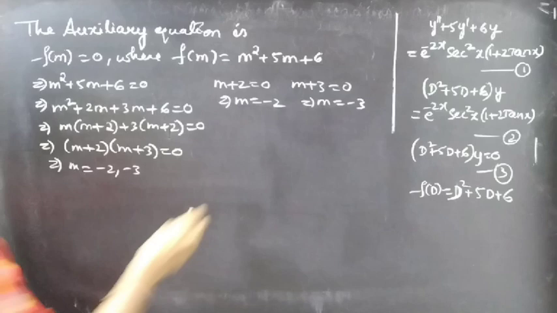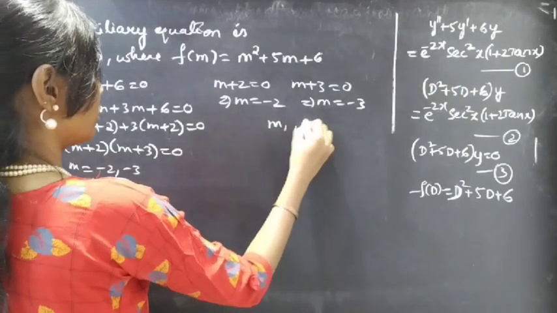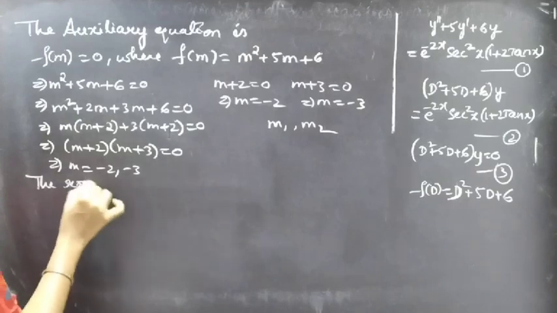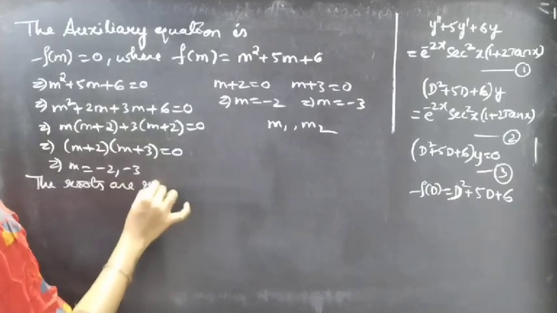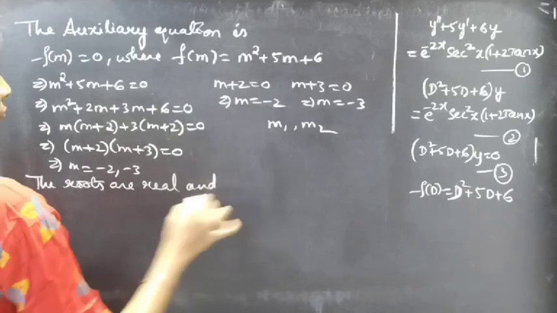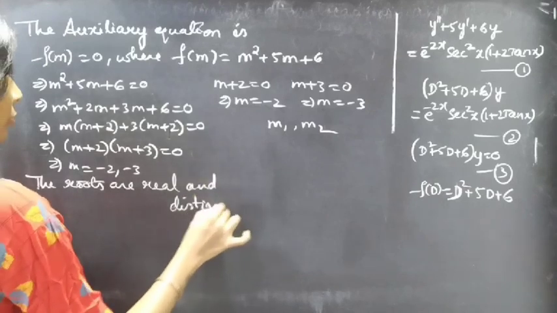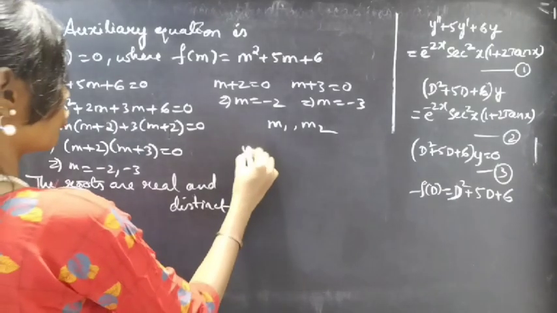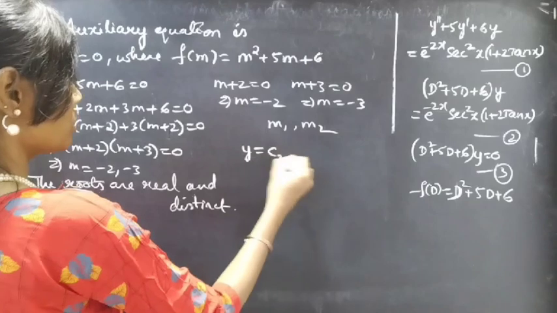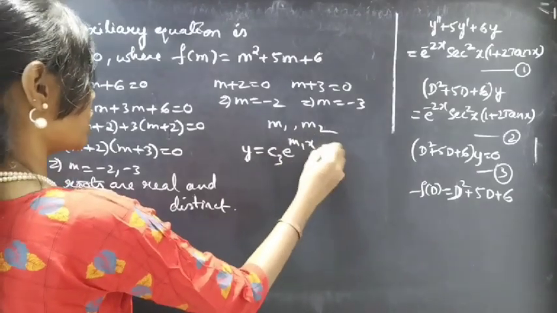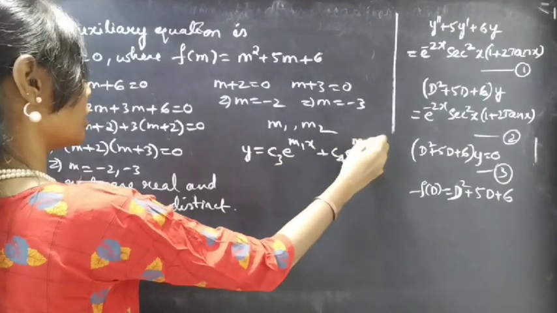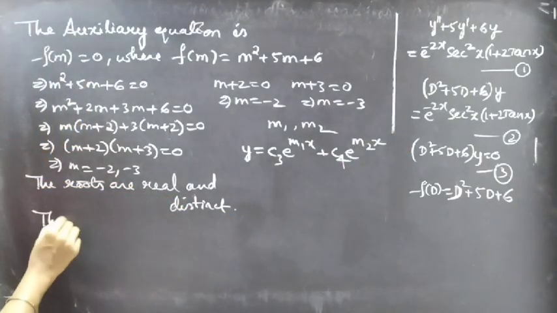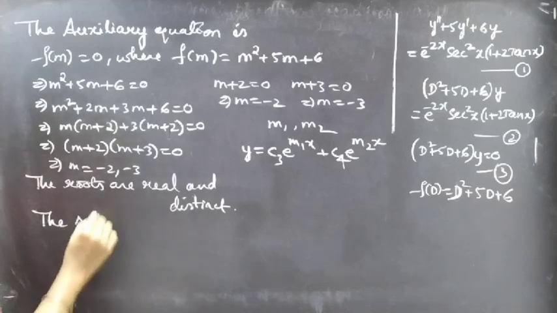We know that when two roots, say m1 and m2, are real and distinct, here the roots are real and distinct. When two roots are real and distinct, then the solution of the homogeneous equation looks like one constant into e power 1 root into x plus another constant into e power another root into x, right? Then the solution to our problem, equation 3, will be